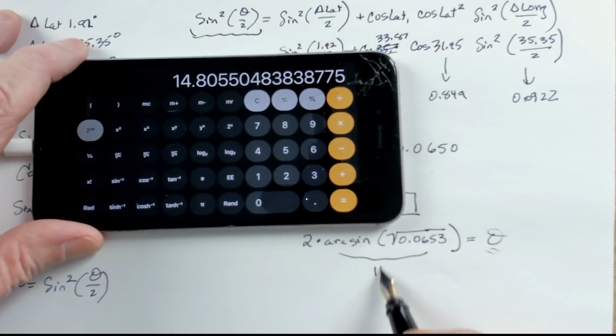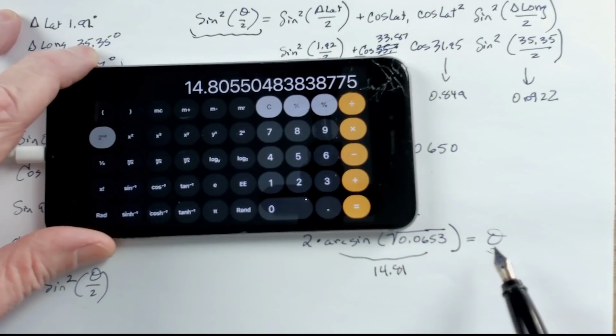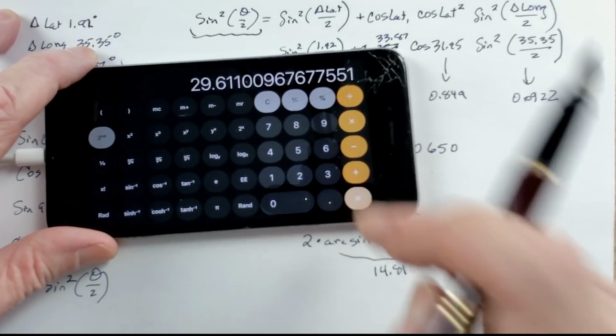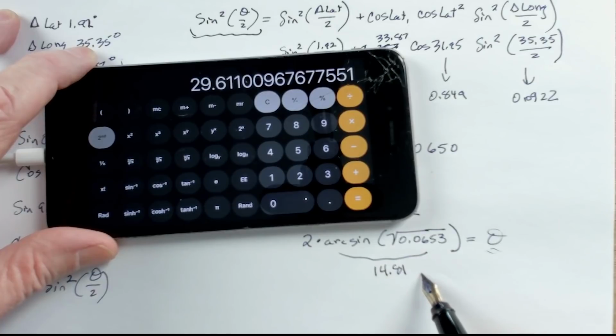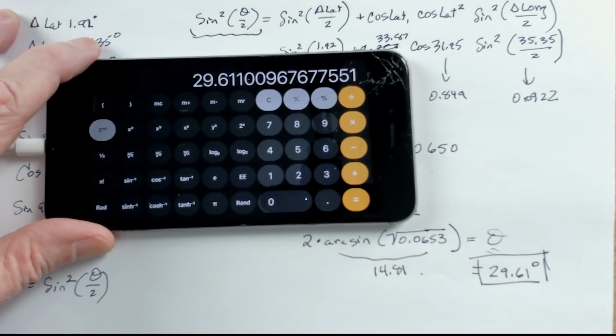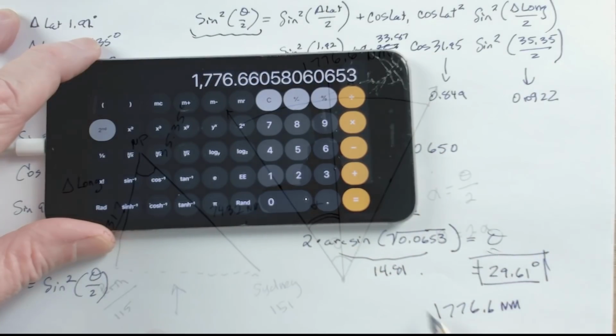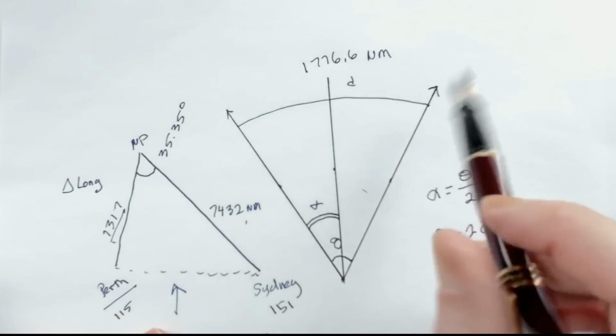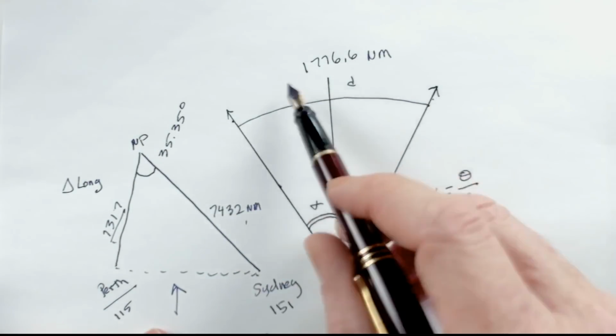So we'll put that 14.81. And then since that's half of angle theta, we have to multiply it by 2. And that comes up to 29.61 degrees. We can take 29.61 degrees and multiply it by 60 nautical miles per degree. That gives us 1776.6 nautical miles. Okay, so by calculating it by the Haversine equation, the distance between Sydney and Perth should be